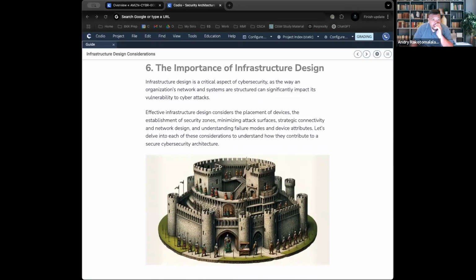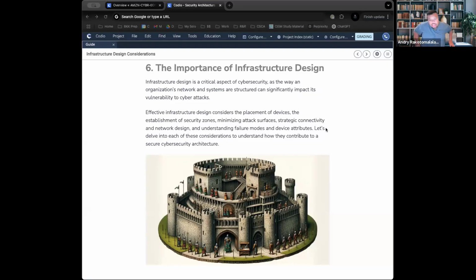Okay, now let's talk about infrastructure. As a reminder, when we're talking about architecture, it's the design, it's the plan. When it comes to infrastructure, it's talking about the actual devices, the actual software, the actual things that you're trying to implement. Now, poor infrastructure means that you'll have a bigger attack surface, you'll have more downtime, and it'll be difficult to respond to an incident.